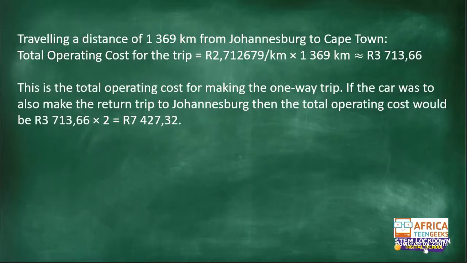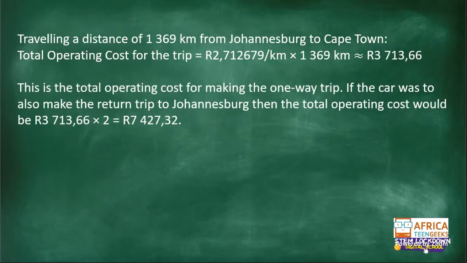So the total operating cost will then be, you multiply this value by 2, 3,713 rands and 66 cents. If you multiply that by 2, you will get 7,427 rands and 32 cents. And that is the amount that you will pay